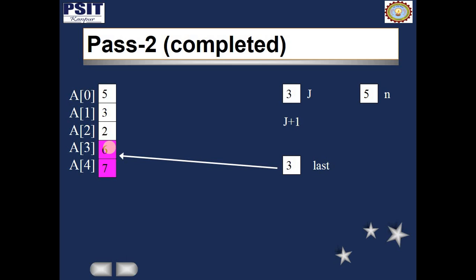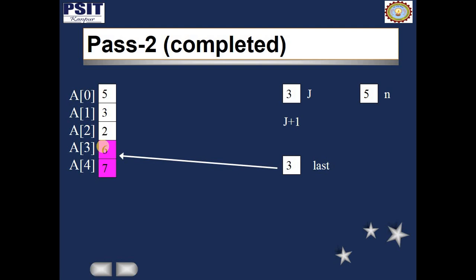7. So my j value has reached the last value. So after this there is no adjacent element, because हमने पहले ही बताया था ये 7 को हम एग्जेम्प्ट करके चलेंगे, बिकॉज 7 हमारा ऑलरेडी सही जगह पे पड़ा हुआ है, तो उसको हम कंपेयर नहीं कराएंगे। सो नाउ पास 2 इज ओवर। ओके, सो पास 2 के ओवर होने के बाद हम देख रहे हैं कि सबसे सेकेंड लार्जेस्ट एलिमेंट है वो हमारा सेकेंड लास्ट पोजीशन पे पहुंच चुका है। सो दिस इज पास 2।